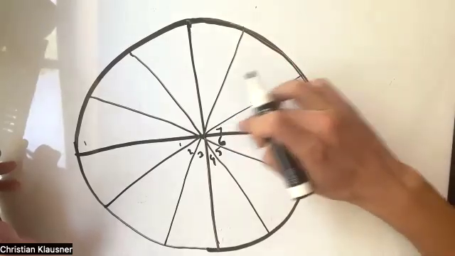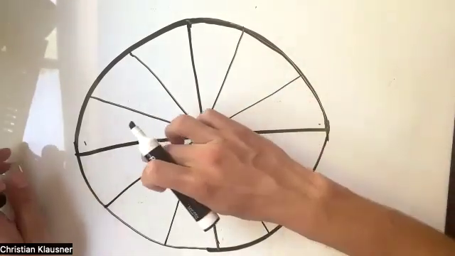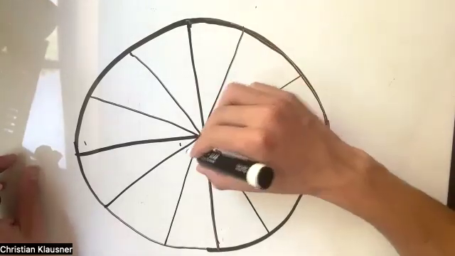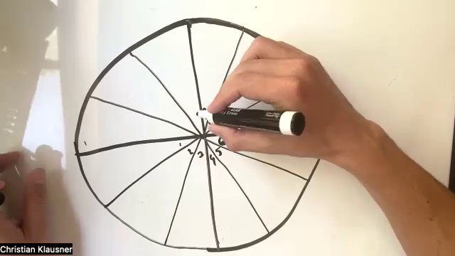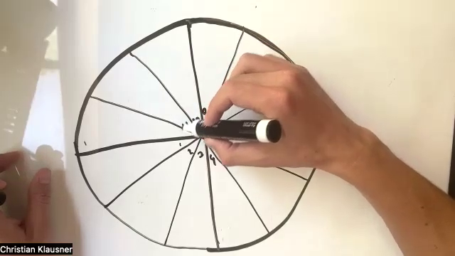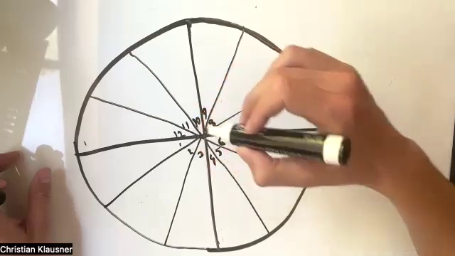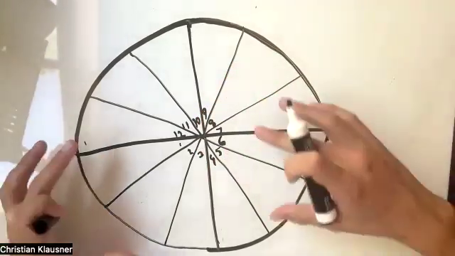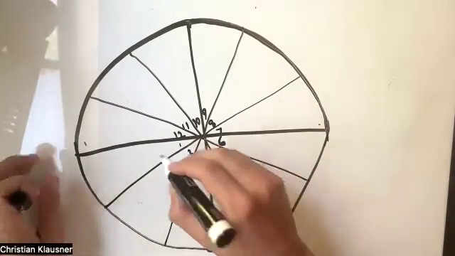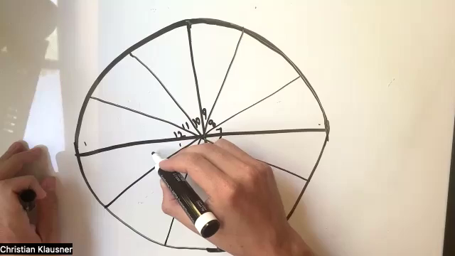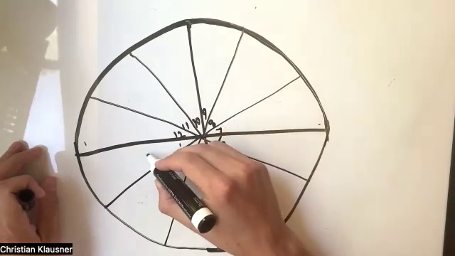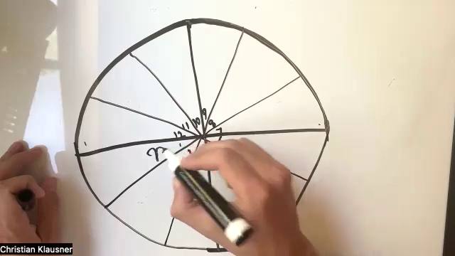7 is this next one right here, opposite 1. So we want to know in our heads that 1 is opposite 7. 2 is opposite 8. 3 is opposite 9. 4 is opposite 10. 5 is opposite 11. And 6 is opposite 12. Obviously. Okay. Now, let's fill it in with the zodiac symbols real quick. So just follow along with me if you don't know them. We've got Aries,